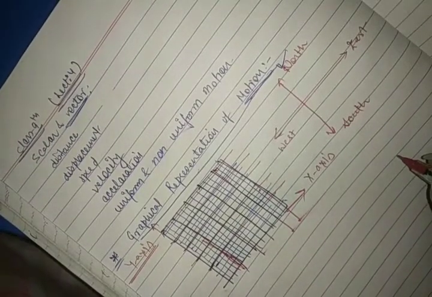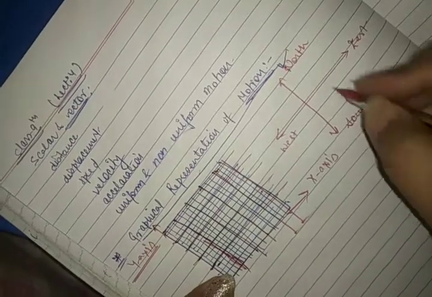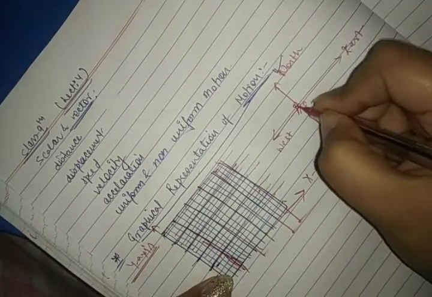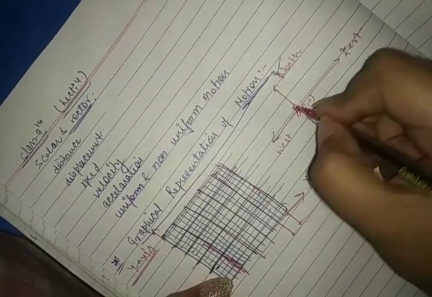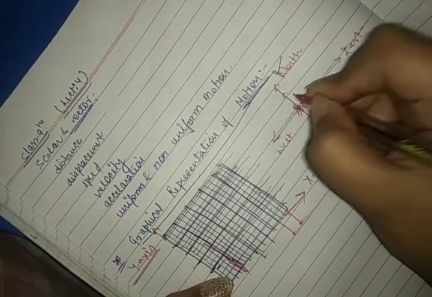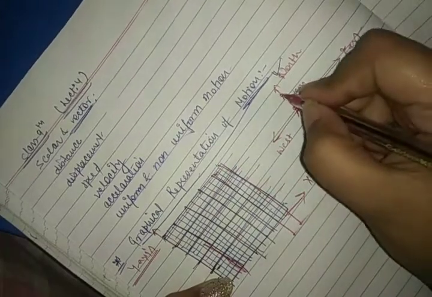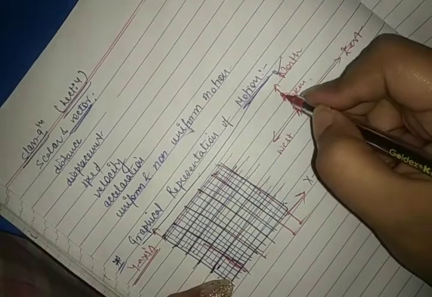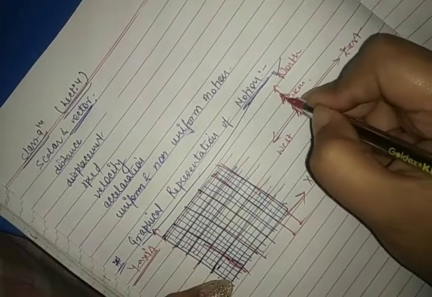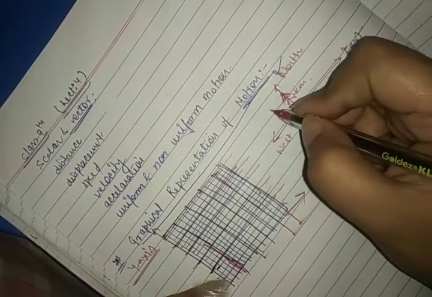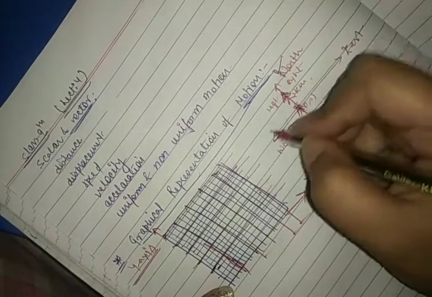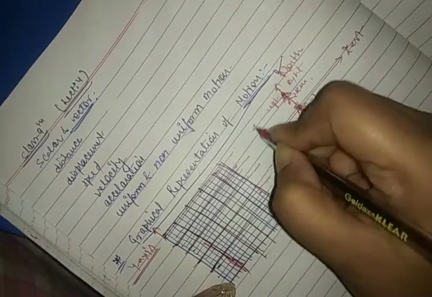If someone tells you that a man moves 2 kilometers ahead in the north direction, that means he started the journey from the origin. This point is called origin, 0 0, right? It started the journey from the origin and then 2 kilometers ahead in the north direction, and now this man is like this, and then the question says that it turns towards its left hand side. Okay, this man is like this, this is its left hand, this is its right hand. If the question says that it turns towards its left hand, now it starts moving in the west direction.